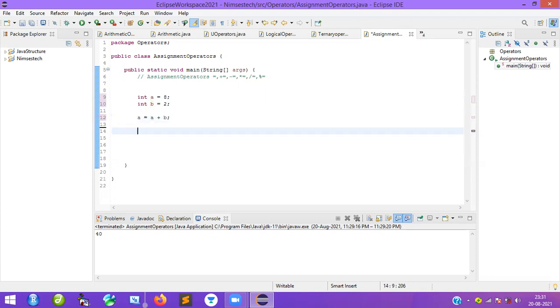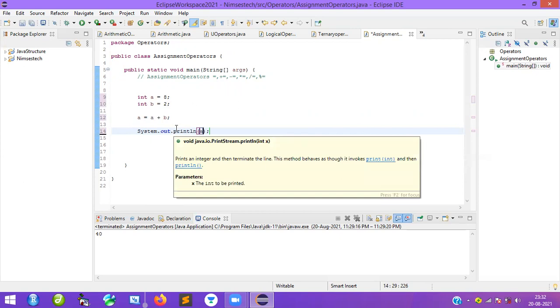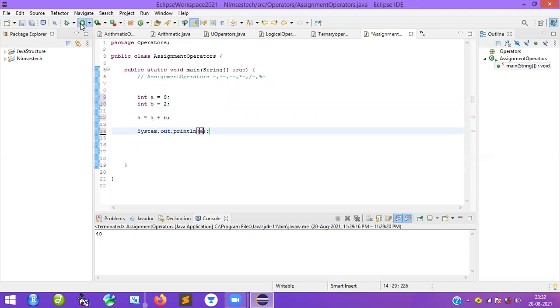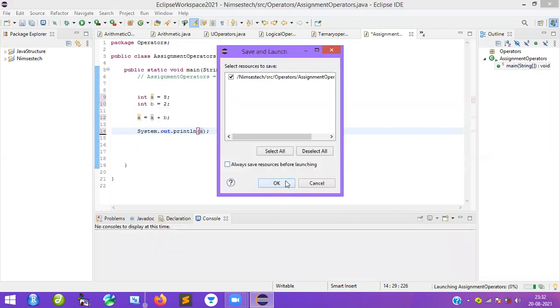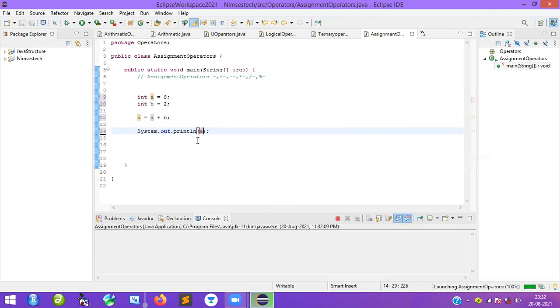If I write like this, we can understand a value is 8, b value is 2. Finally, after adding 2, we are going to get the a value as 10. We know this one. So we will print it first, and after that we will understand what exactly this is, and what is the difference between all those things. A different type of expression we will see. So that is 10 we are getting.